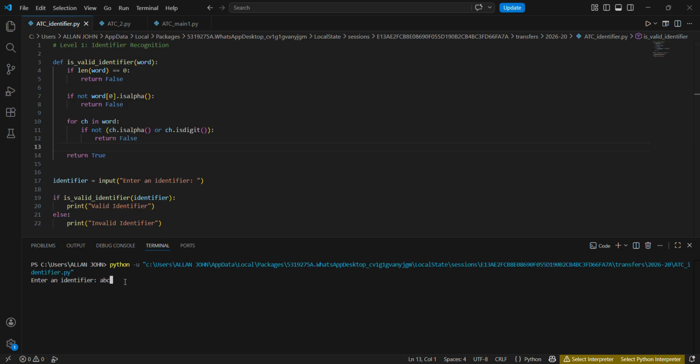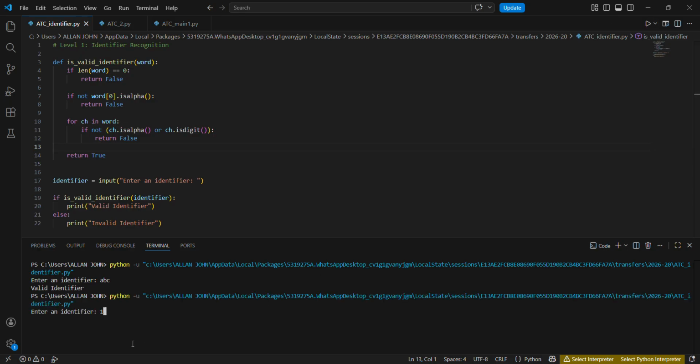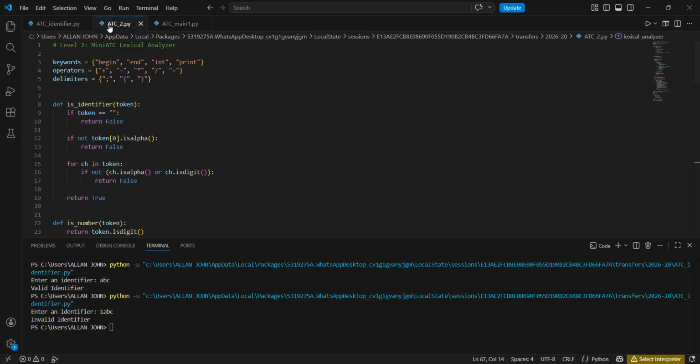Here, if we type ABC and enter, it gives us valid identifier. And if we type 1ABC, it will give us invalid identifier. And moving on to the next,